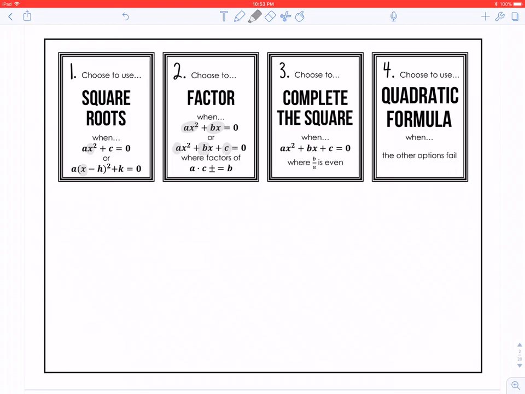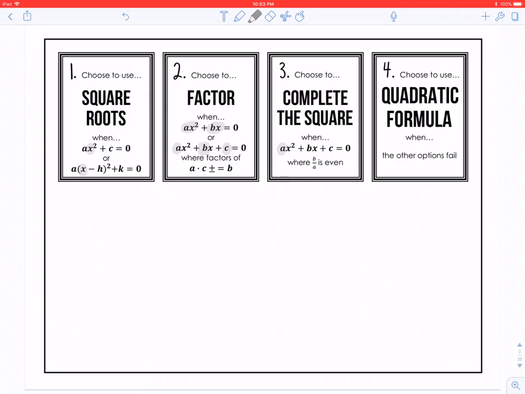My third option would be to complete the square. And I don't mind completing the square one bit when a is 1. And I also don't mind completing the square when I start the process and I don't have any fractions or decimals to deal with. So specifically, we know if a is not 1, which is Algebra 2 style, then I would first choose to divide my quadratic and linear terms by a so that I could reduce to just focus